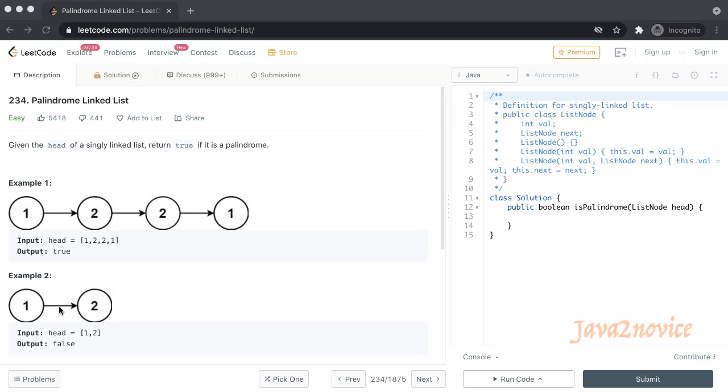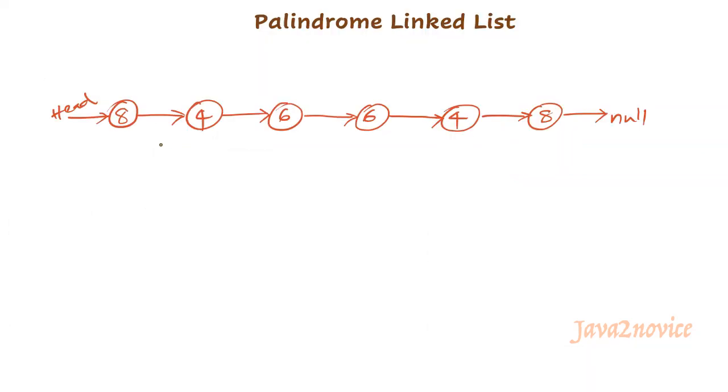Now let's discuss the logic. Let's consider that this is our input linked list. The naive approach would be to iterate through this linked list and create an array with all its elements: 8, 4, 6, 6, 4, 8. Now we will compare elements from both edges.